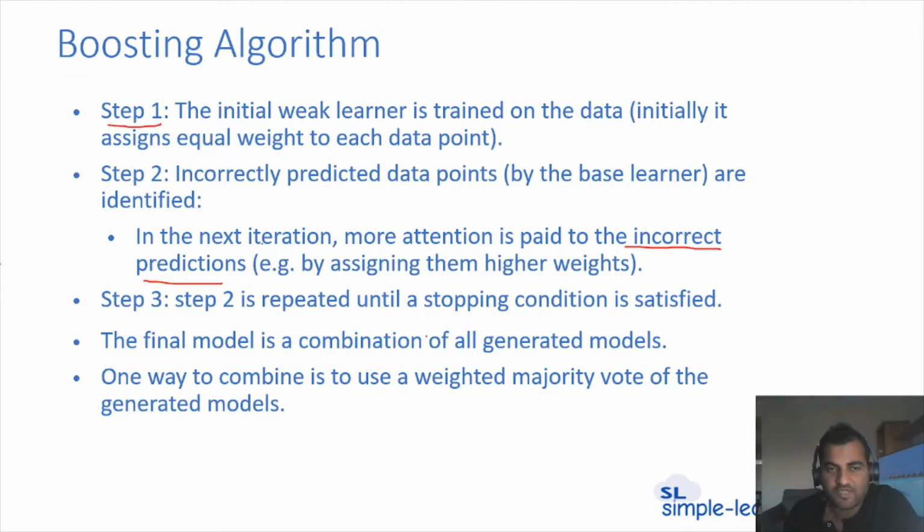Then in step two, in the next iteration, I want to give more attention to the incorrect predictions from step two. Then in step three, step two will be repeated until the stop condition is satisfied. For example, if we want to take an example, like